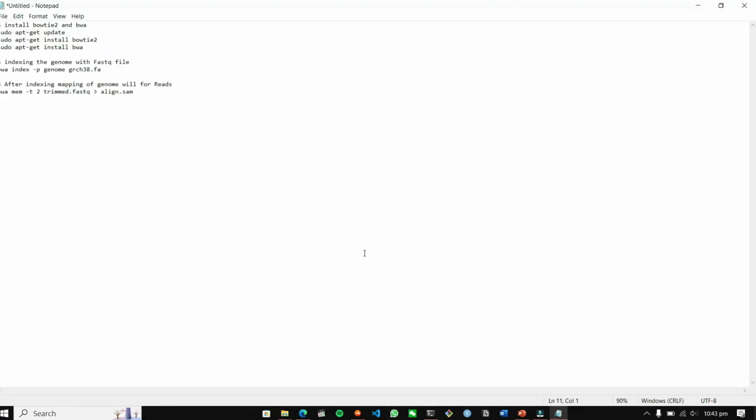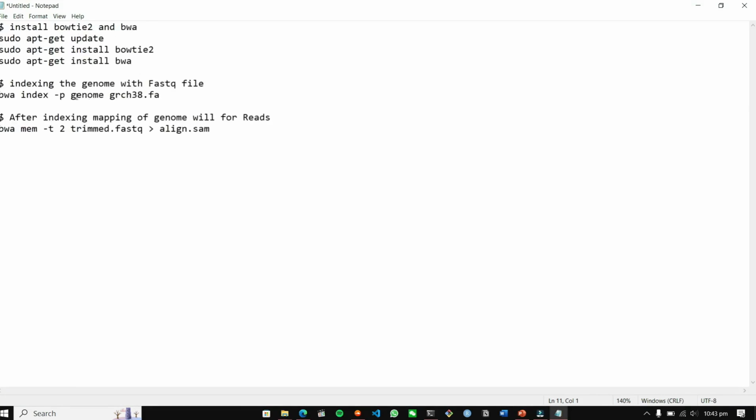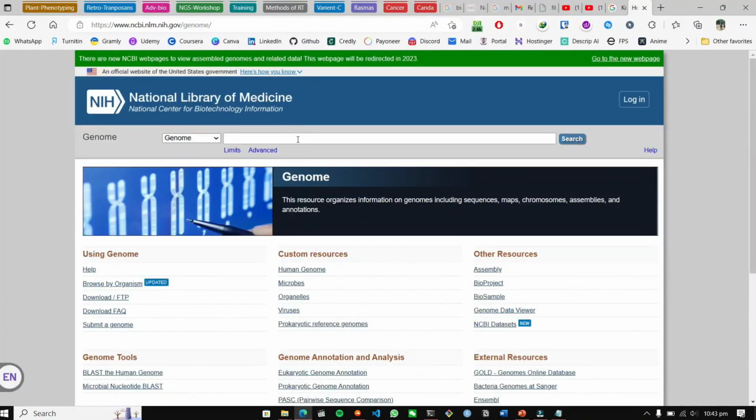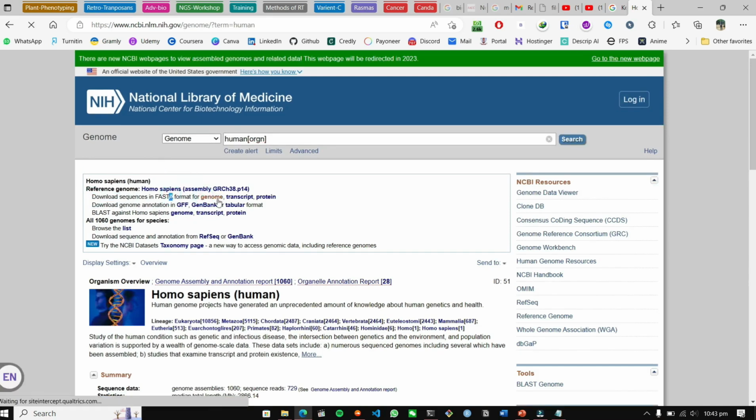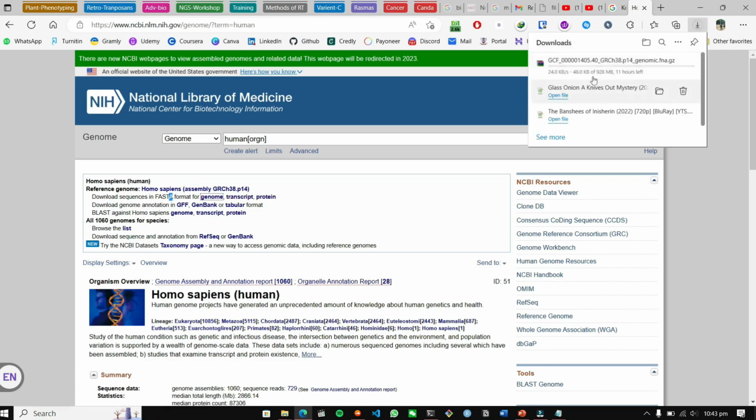You don't have to worry about the commands, you will get it. And yep, the GRCh38 FASTA file was used. For example, if you're using the human genome, I'm just gonna search for the human, and it's already directed in your first section, I think, in the Galaxy. You can download the sequence in FASTA format for the genome. So here you can download the genome in FASTA format that we require.